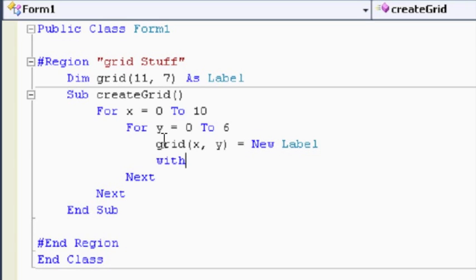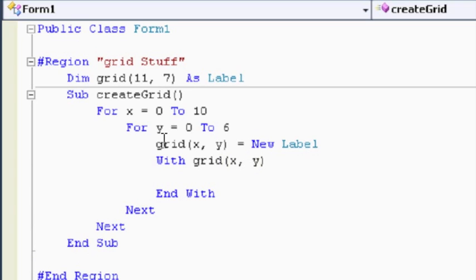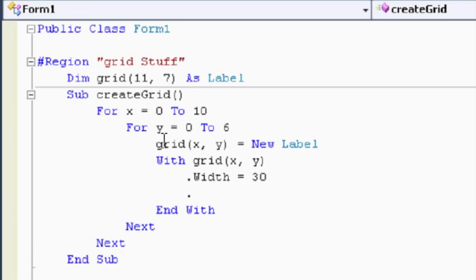Now I'll give it properties. Whenever I'm giving properties to an object or a control, I should use a with statement just so I don't have to repeat it all the time. So what properties do I want to give it? I want to go dot width of 30, dot height of 30 as well,